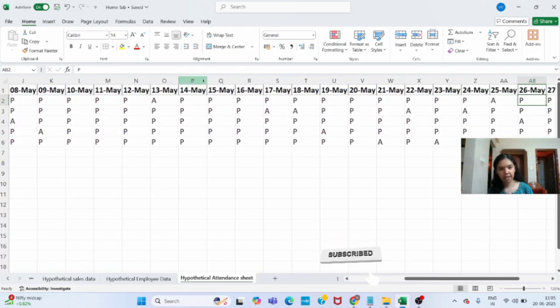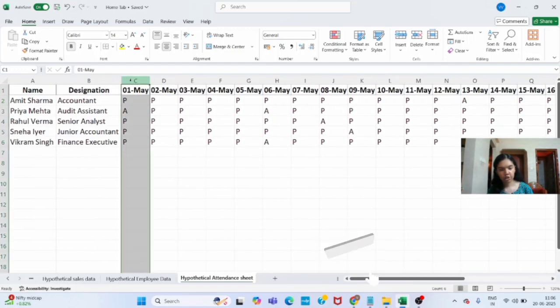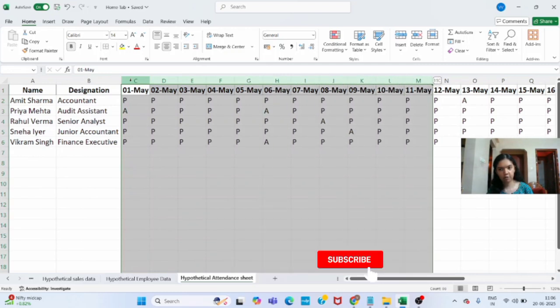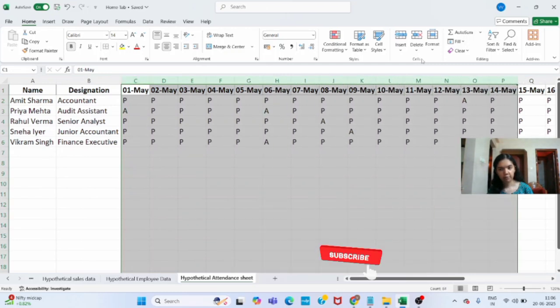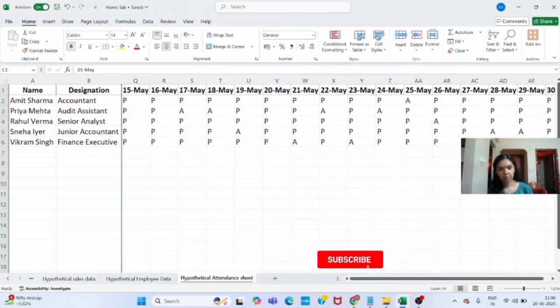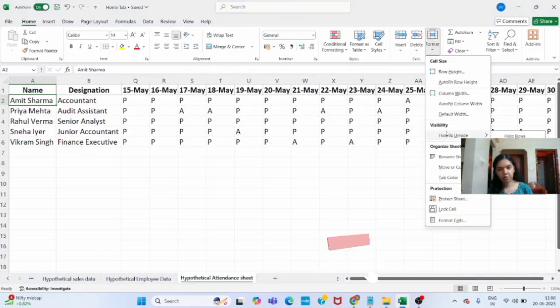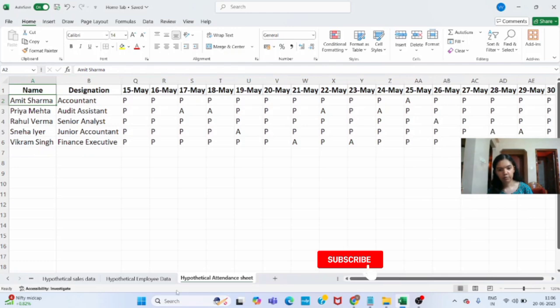But if I want to see for the dates after 15th May, I'll have to keep navigating like this. I'll have to keep going to and fro. So instead of that, let me hide these columns. So I will select the data till 14 May and then I will just click here format and then I will just hide columns and then it will become easier for us to check the data like this. So when we have huge data like this formatting of hide unhide option will be very helpful for us. So let me unhide now.